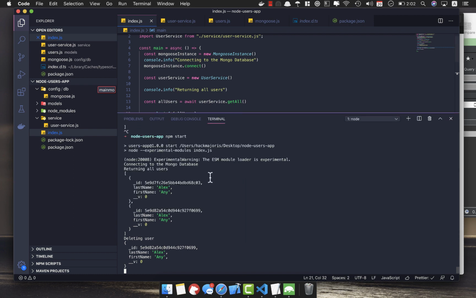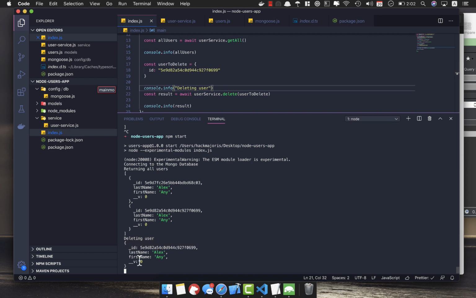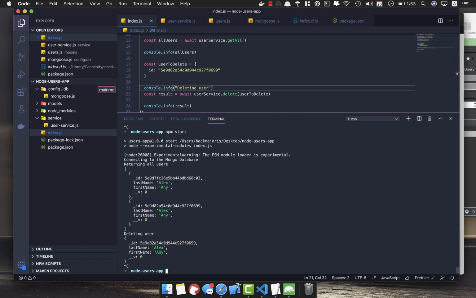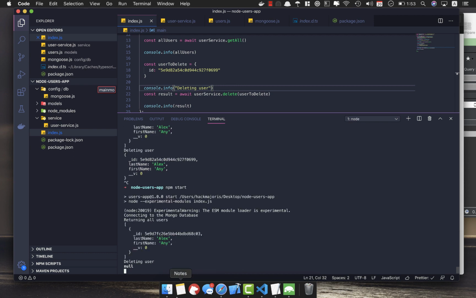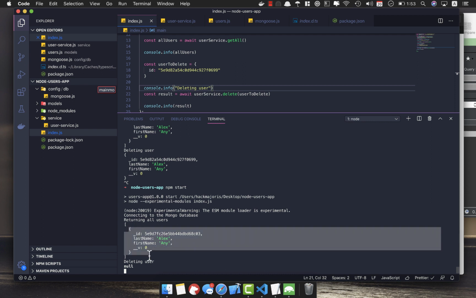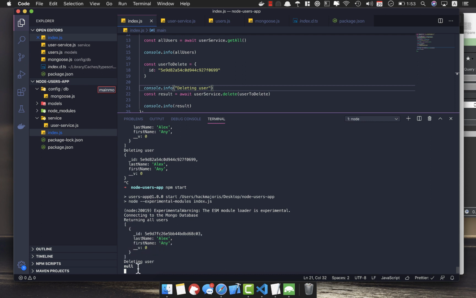Let's see what it does. So returning all users, we have an array of 2 users. Deleting users: this is the result from deletion, which is the one object with the ID ending with 99, right? So right now we delete this object, and if we run the program again, it will return only one object from the getAll method, and the deleted users will be null because it will not find any users to delete,